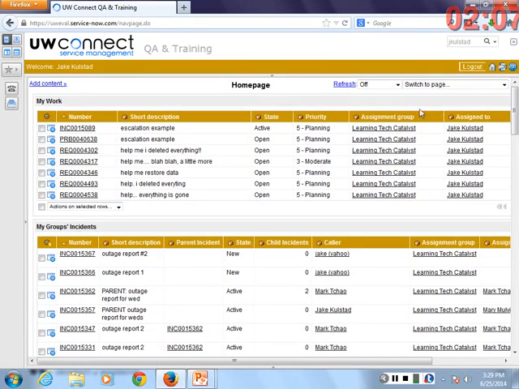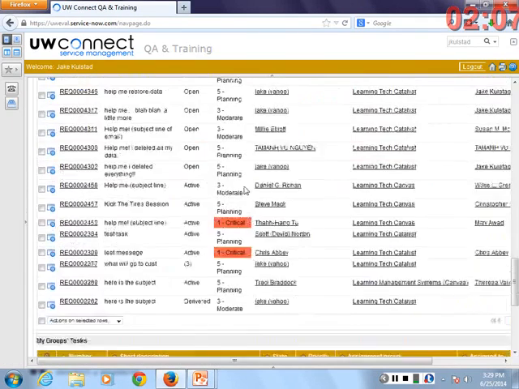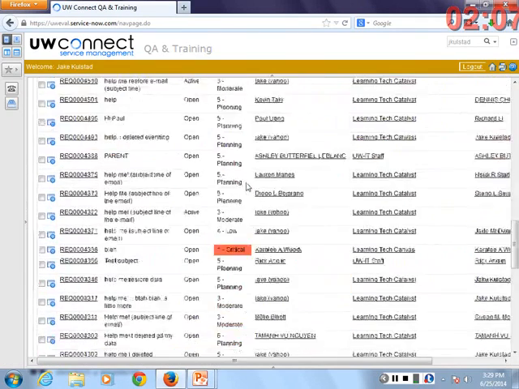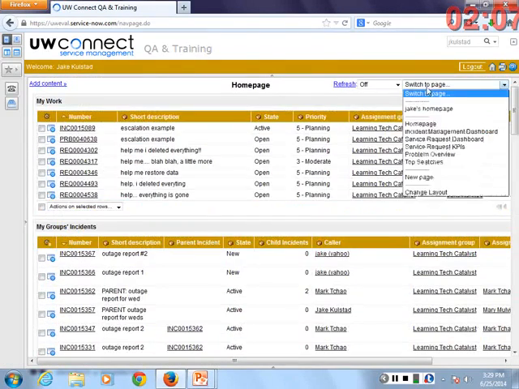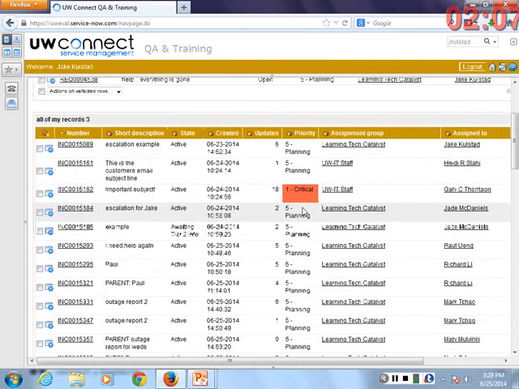On the default home page, you have my work, followed by my group's incidents, my group's requests, and my group's tasks. On the one we've just created, you've got my work, followed by one big bucket, which represents all 3 of those other filters that were on the original home page.